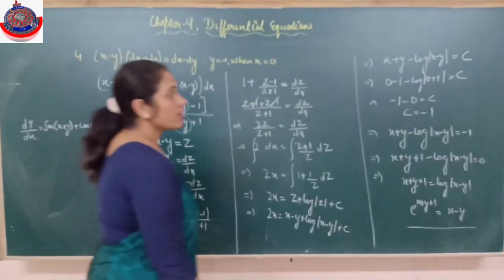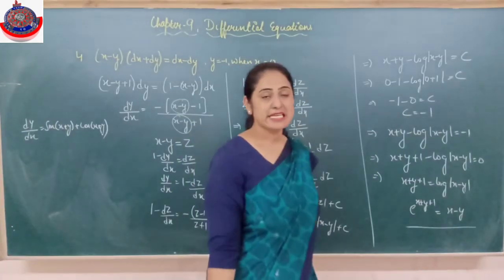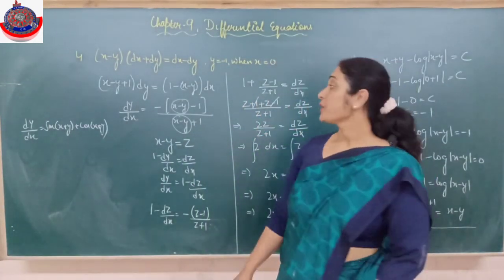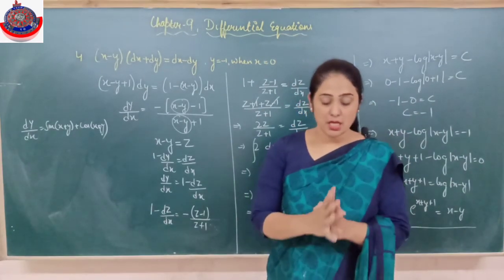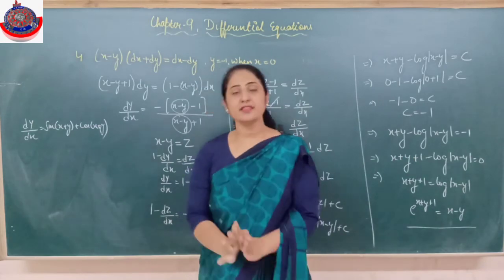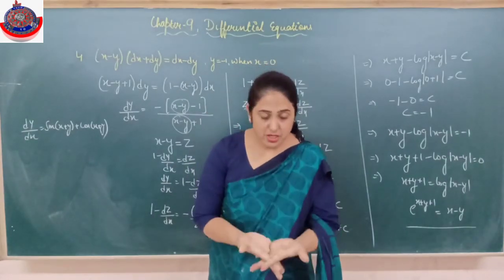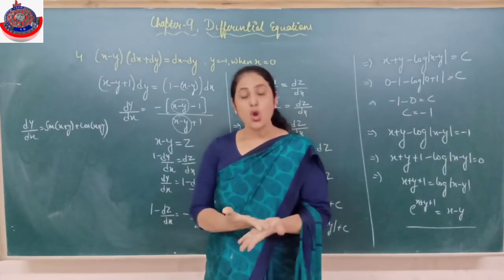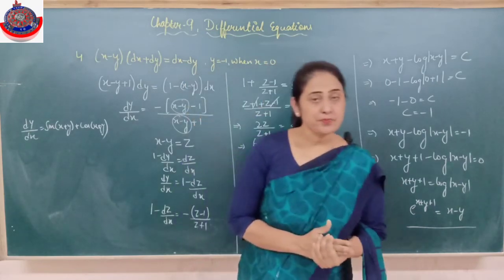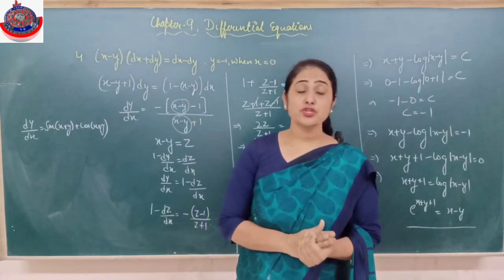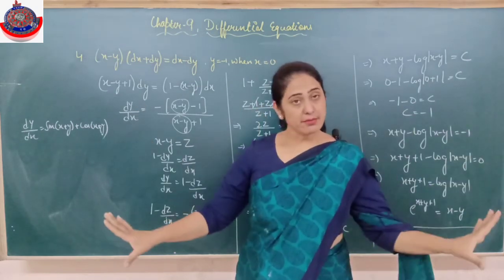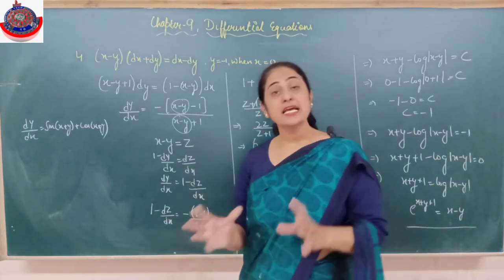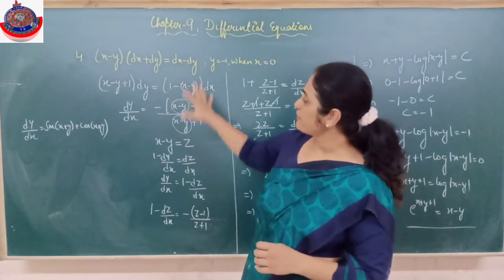So girls, this was all about your differential equations. These are the miscellaneous examples of NCERT. Alright. Now we have done all types of questions. So what are the steps? What all did we do in this chapter? We did the differential equation. What is a differential equation? Order and degree of a differential equation. Then the solution of differential equations of first order and first degree by substitution, by variable separable, homogeneous, linear differential equation. And there was one different question.